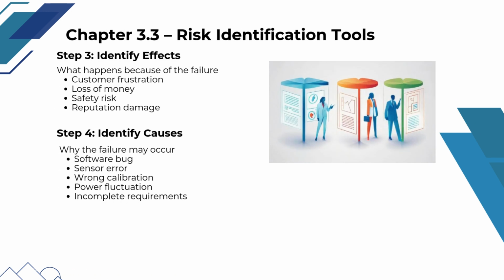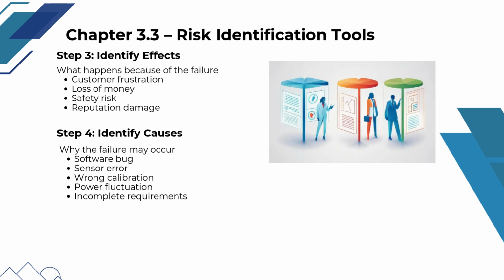In Step 3 of DFMEA, we identify the effects of failure, which describe what happens when a failure mode occurs and how it impacts the customer or the business, such as customer frustration, financial loss, safety risks, or damage to the organization's reputation. Step 4 focuses on identifying the causes of failure, explaining why the failure might occur in the first place, such as software bugs, sensor errors, incorrect calibration, power fluctuations, or incomplete requirements. Understanding both effects and causes is critical, as it allows teams to address risks at their source and design preventive